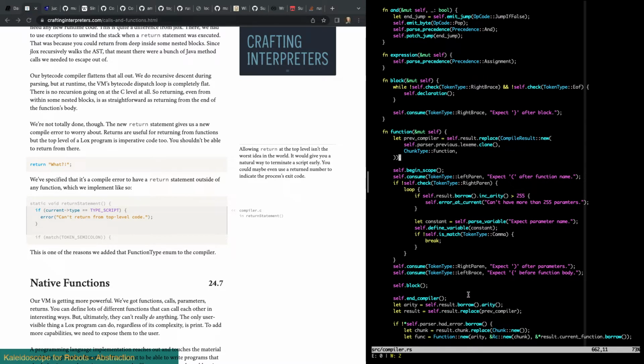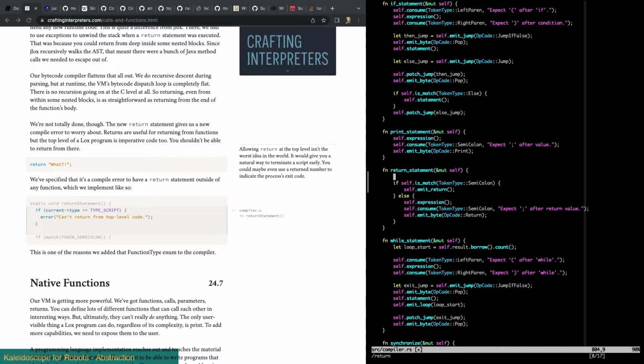That all checks. We're down to 2 warnings, probably because we're setting it but not reading it, and then here's where we're gonna actually read it. So we're gonna say if, and we have to extract this result, right? If self.result.borrow.cType is equal to chunk type. I'm gonna have to give it partial equal, aren't I? Script.